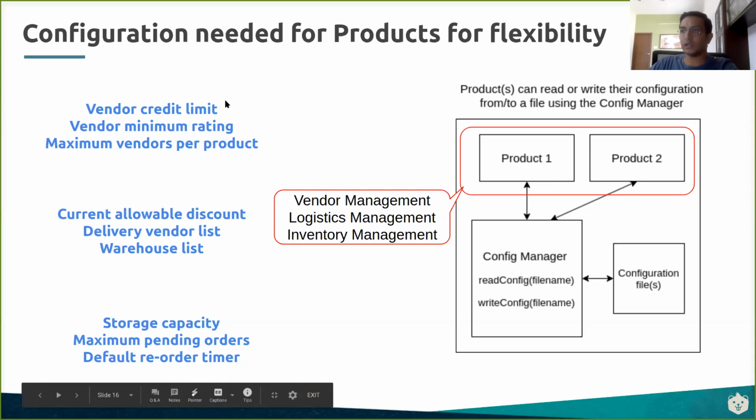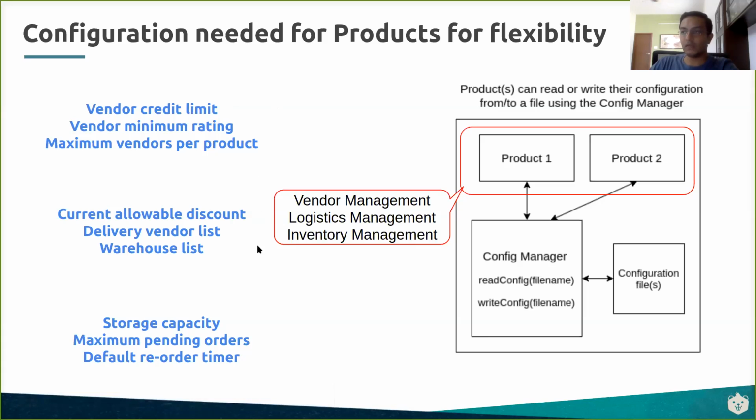Each of the products needs its own set of configuration parameters, which anybody can change at the back end. They say, now this team, we need to make this configuration change. It may affect configuration across all of the products, right? So somebody does that change and all of these products seamlessly read the new configuration and start using that new configuration value, right? For an example, if the vendor management product has these three parameters, he would have configured this somewhere.